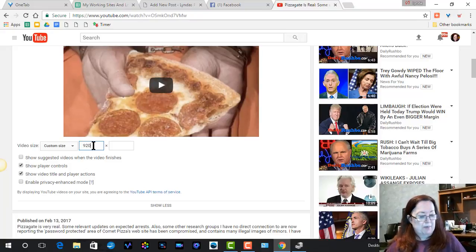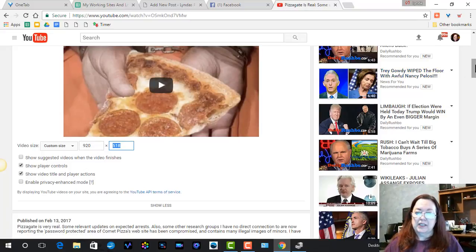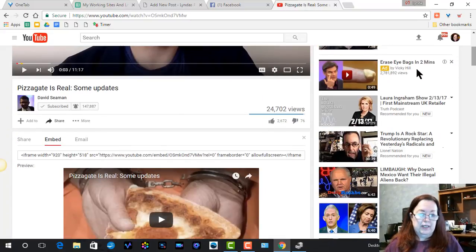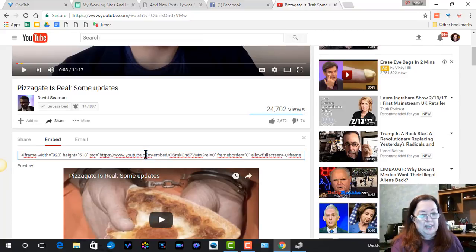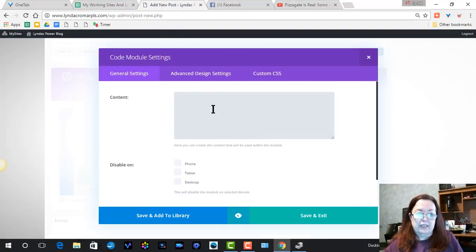And then I'm going to tab over, and it's going to automatically give me the other part. And then I'm going to come up here and grab this code. You click inside of it, press Control A, which lets you select all of it, and then Control C, which copies it. And then you would simply be able to come back in here and paste that